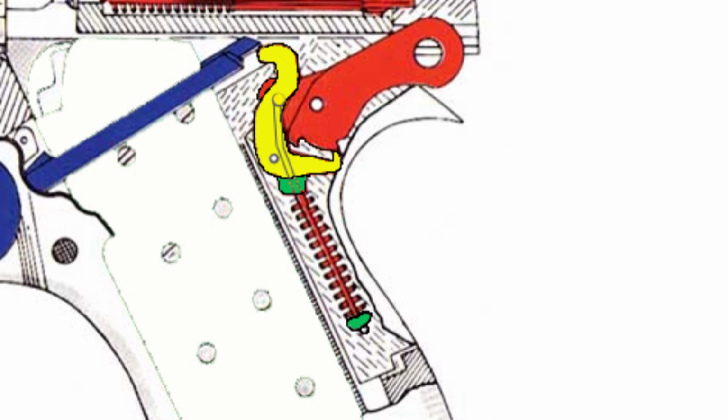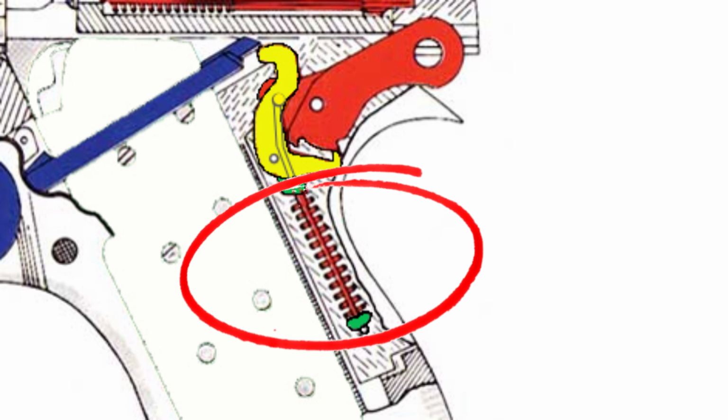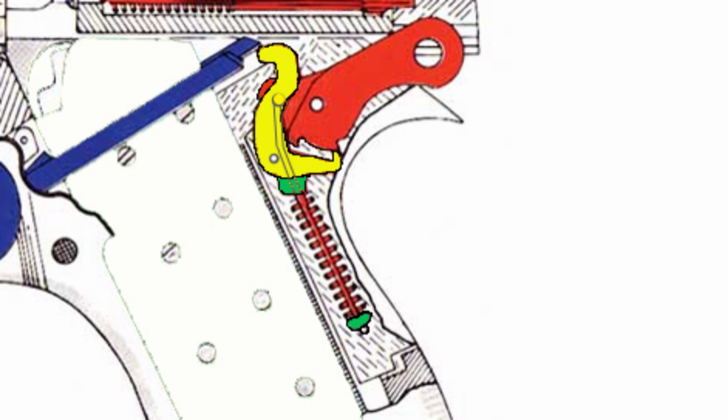So here we are, and here we have a nice glimpse into the genius of Charles Petter, because the lockwork is extremely simple and we only need one coil spring to drive everything. So we have one spring that does both the reset of the sear and also the driving of the hammer. This coil spring here is in a compressed condition at all times, and we've got one end that pushes against the sear and the other end pushes against the washer, which is connected to the rod and linked